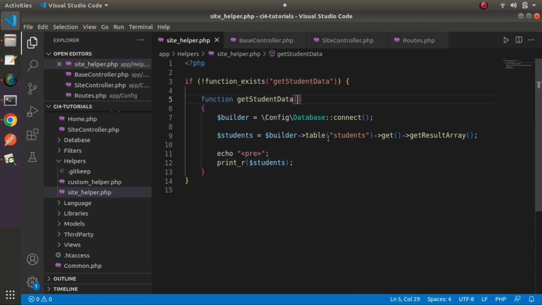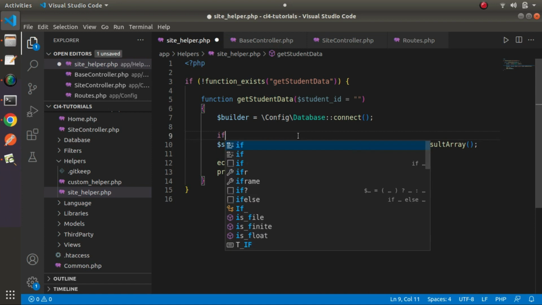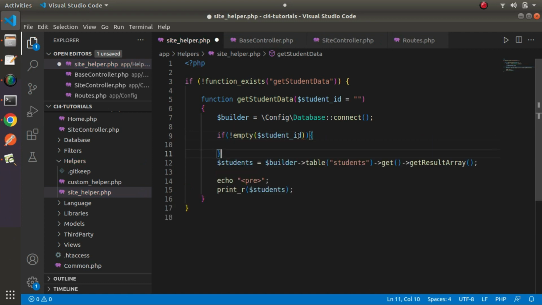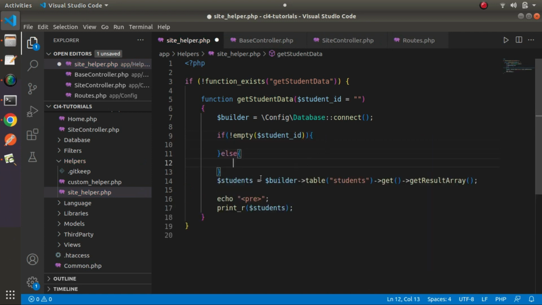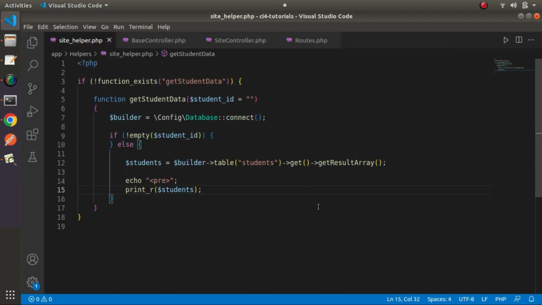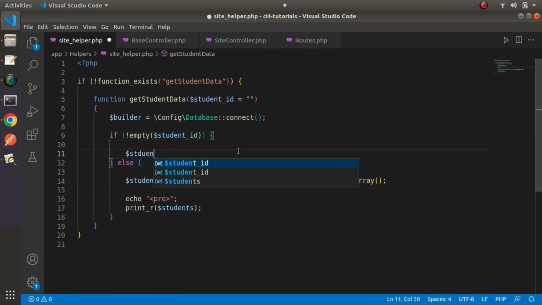So what we have to do here, let's say that is student ID and equals to empty, means this is the default value. So here let's say if not empty, if student ID is not equals to empty, it means we have some data. Otherwise we need to go inside this else block, put it here. So by the help of this else block we are reading all the data, but in this case if block, let's say student